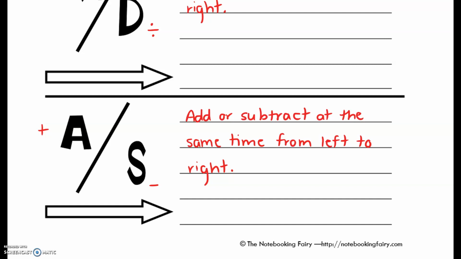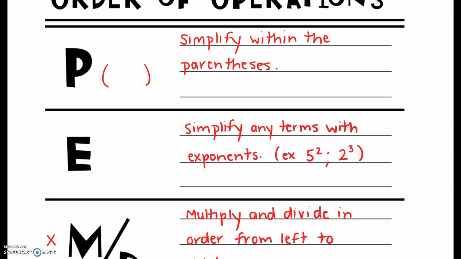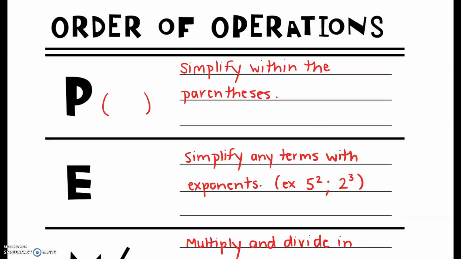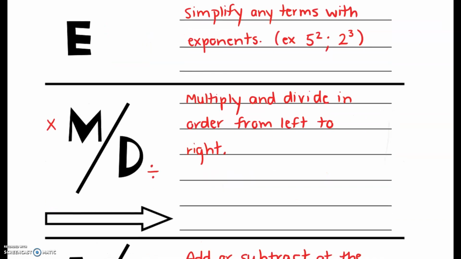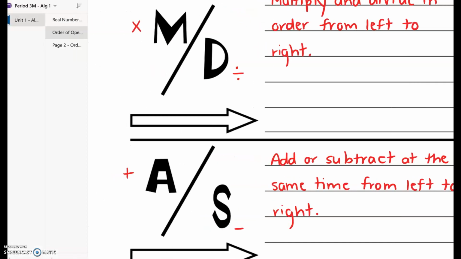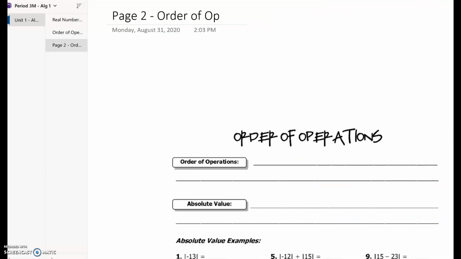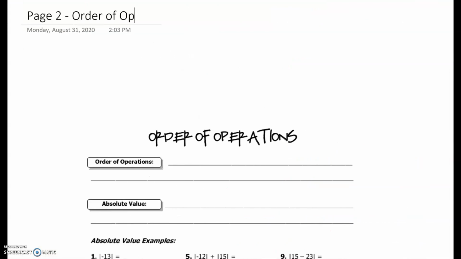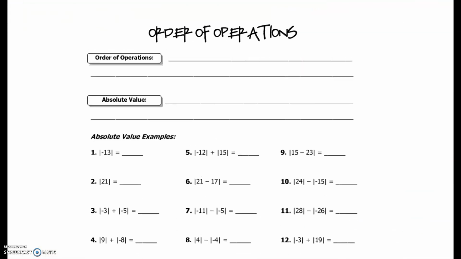Now, I'm hoping that process, talking about PEMDAS, is very familiar to you. We have parentheses, exponents, multiply and divide, and then adding and subtracting. So we've taken this concept and we've actually tied it together with something else. So if you go ahead and flip the page, on the back side of your order of operations note sheet,